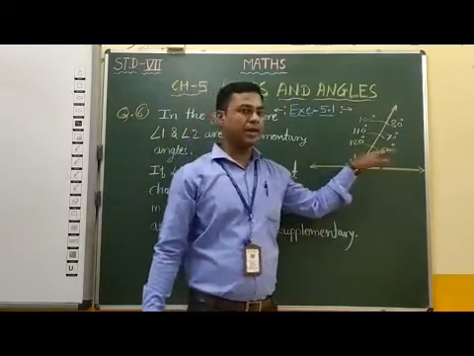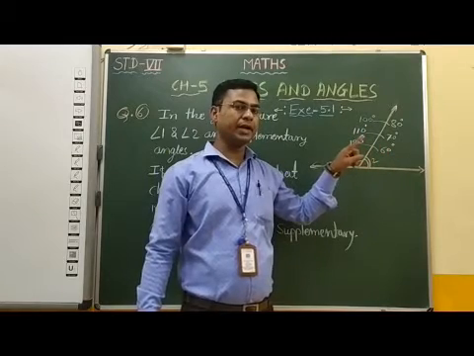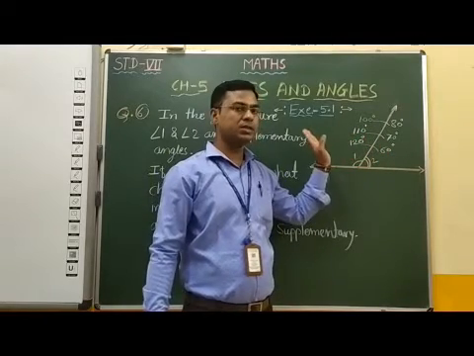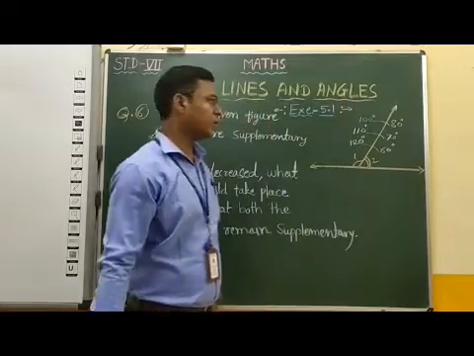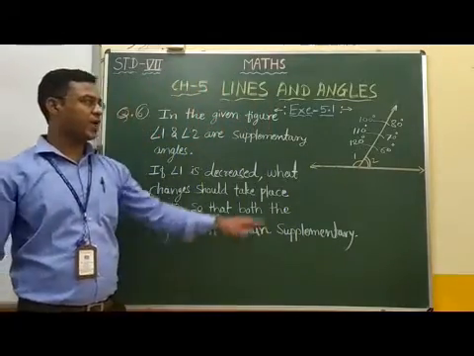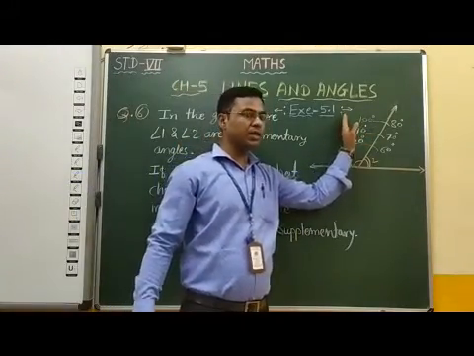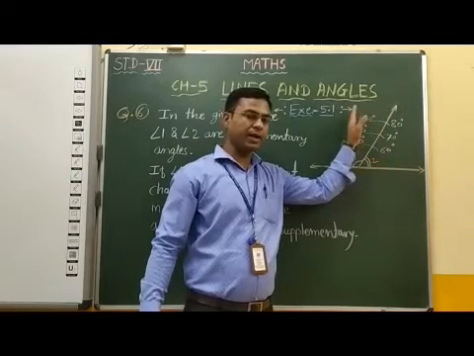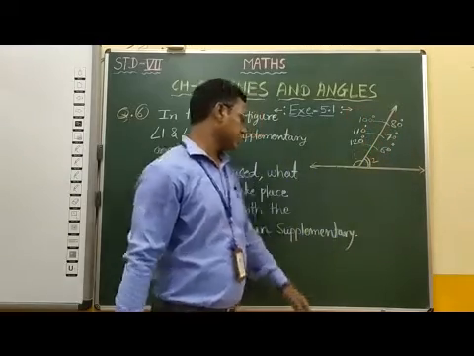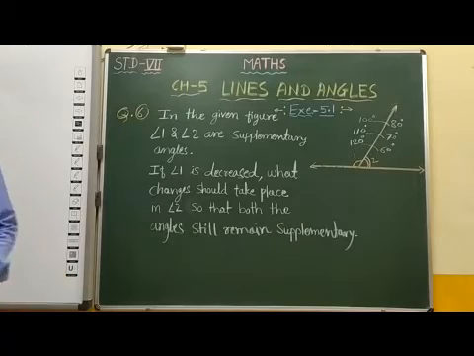Means the addition is 180 degree, means they are supplementary. Therefore, we can say that if angle 1 is decreased, then angle 2 is automatically increased. Therefore, the answer of this question is,